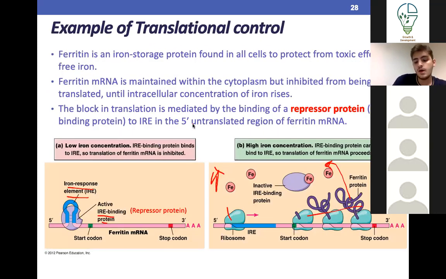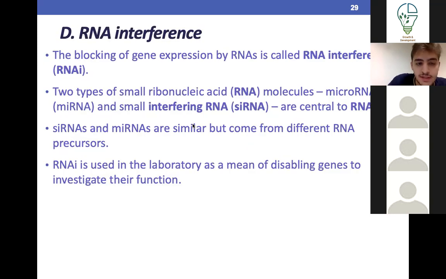Okay. Another mechanism by which we can regulate the translation is something called RNA interference. Now, RNA interference is something completely different from mRNA or tRNA or rRNA. They include microRNA and small interfering RNA. I'm going to make this as simple as possible. So you have microRNA and small interfering RNA. Now, these are different types of RNA which can bind mRNA, inhibiting it. Does that make sense? If you understand this, that's more than enough.